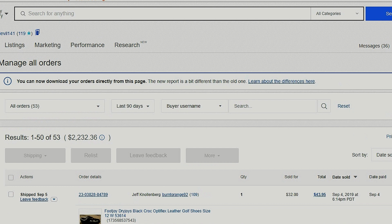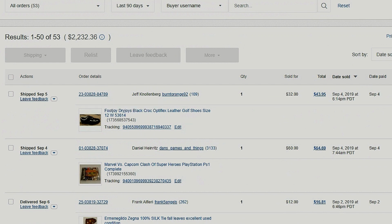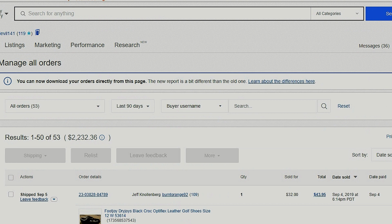Summer is usually not the busiest season for most businesses, and that's certainly been my experience here with eBay. I'm just getting through my very first full year on here, and summer was definitely the slowest period. So keep that in mind. My activity level personally was a little bit lower, so all those things affected me, but still was able to, over the last 90 days, which is what this reflects,